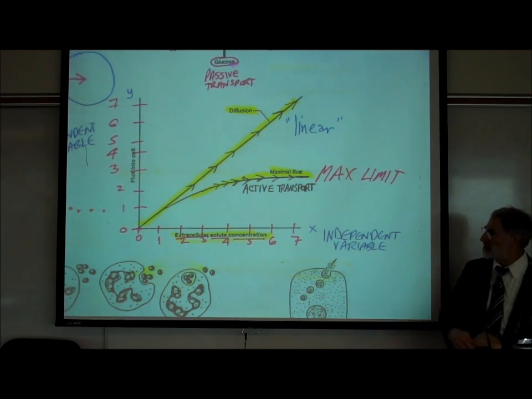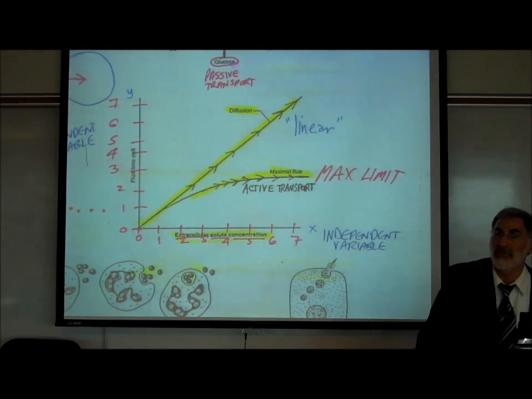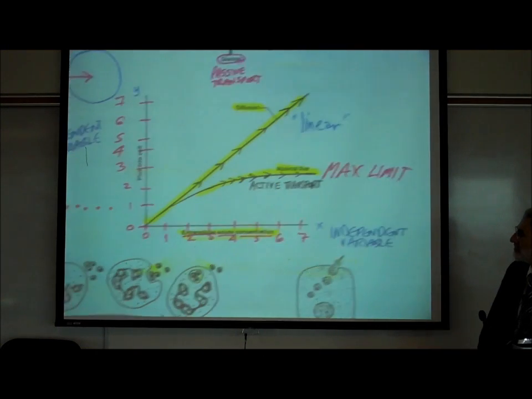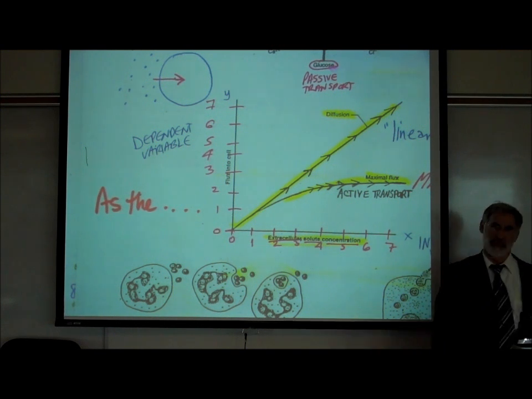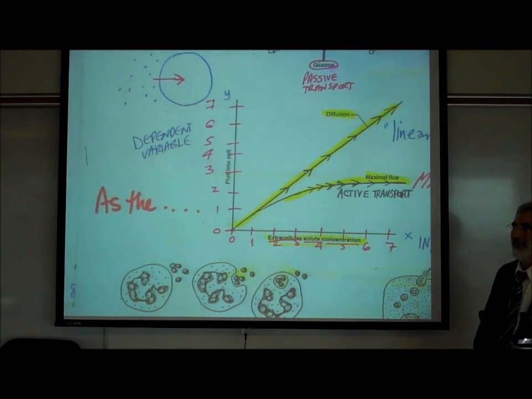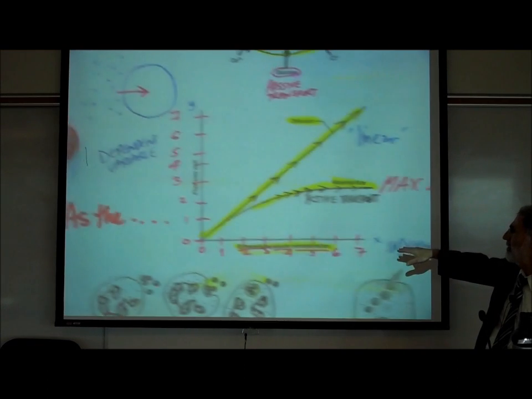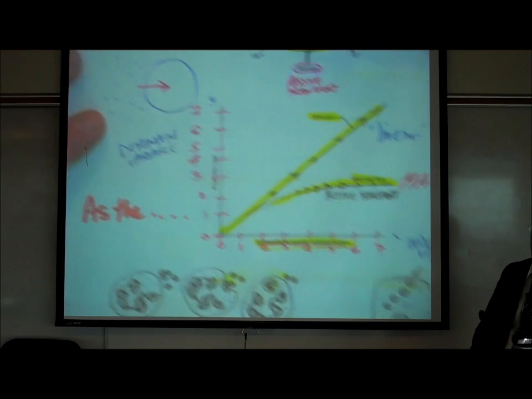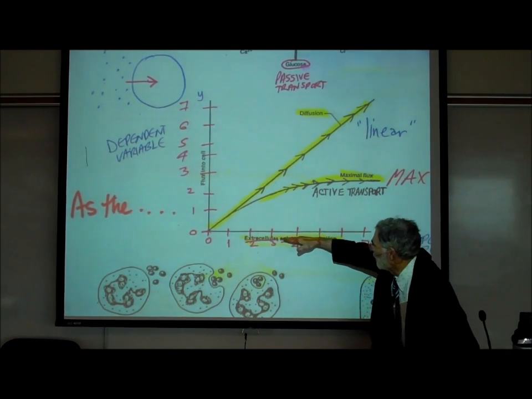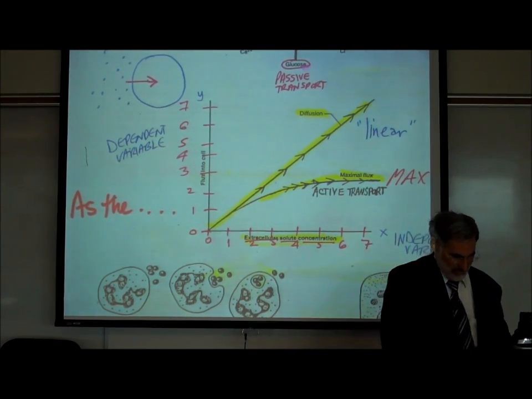That's always characteristic when we see a maximum limit, that it involves a transporter or carrier protein rather than just simple diffusion. Everybody follow that? So is this in the book? 100% it's in the book. Absolutely it's in the book. So you might want to read a book. But that's characteristic, and you should understand what we mean by the x-axis or independent variable, the y-axis or dependent variable, and how to read a graph. You always begin with what's happening on the x-axis and how does that affect what's showing on the y-axis. Okay,